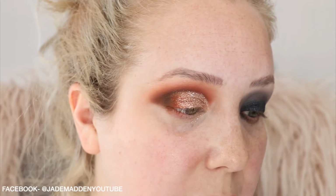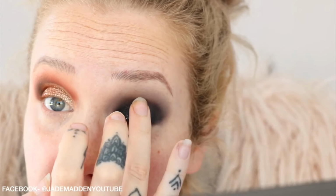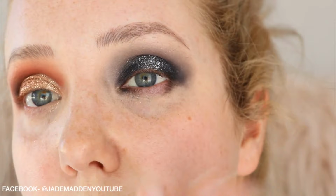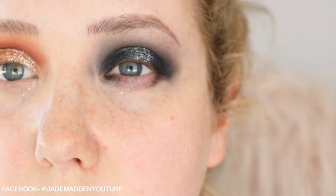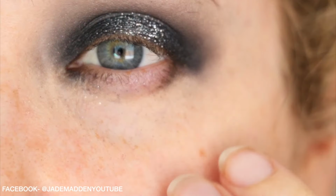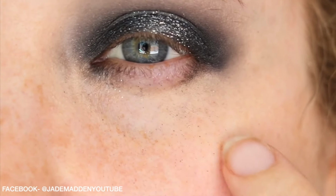So I am going to go in with the glitter. I'm just going to pat that in the center. I mean, how glossy does that look? And I think having that metallic there, it's just really, whew. I do have a little bit of fallout, and a little bit of fallout with probably the